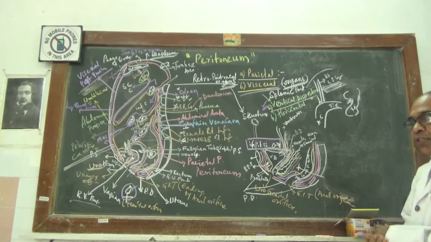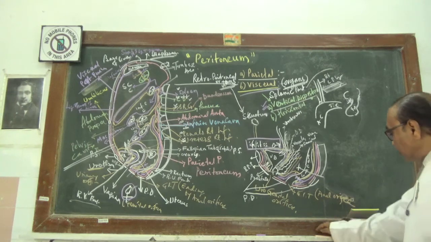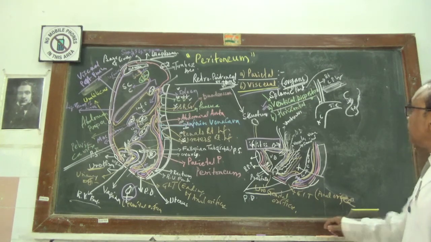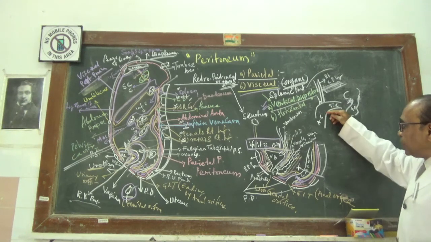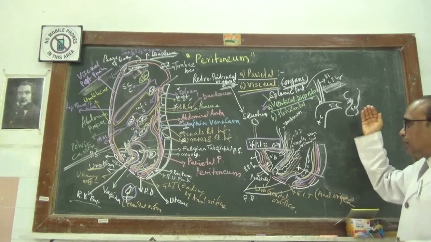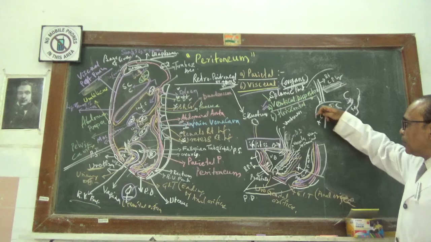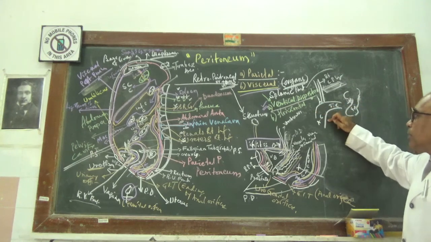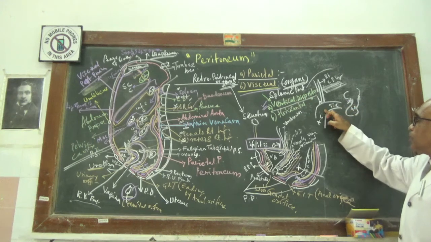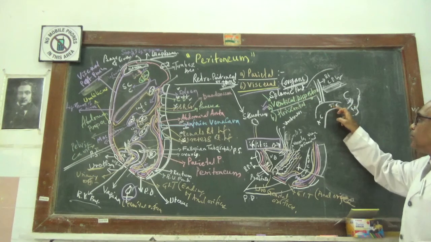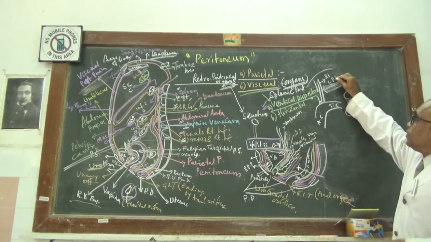In the last class, we had finished the vertical disposition of the visceral layer of the peritoneum in connection with the ending of the ascending colon and the beginning of the transverse colon, by the left portion and the right portion of the mesentery, when it will be covering the medial part and the lateral part, as well as the front part of the ending of the ascending colon, and then the transverse mesocolon, which will be there at the beginning of the right part of the transverse colon. They together run and form the right colic